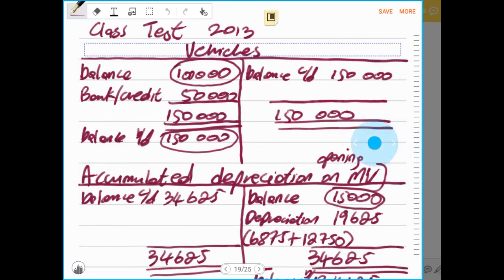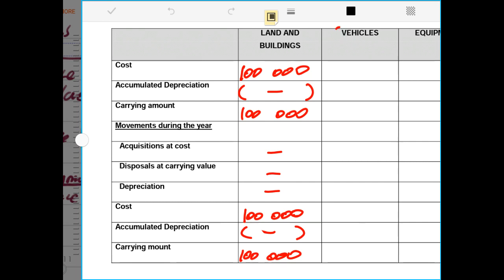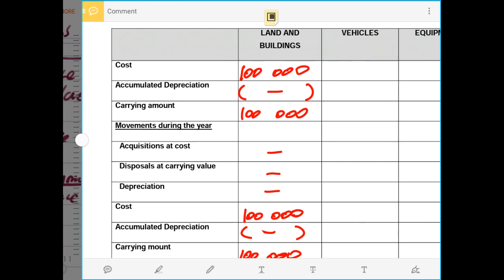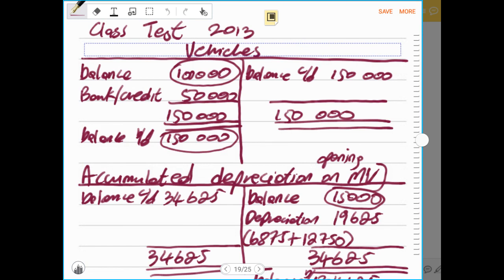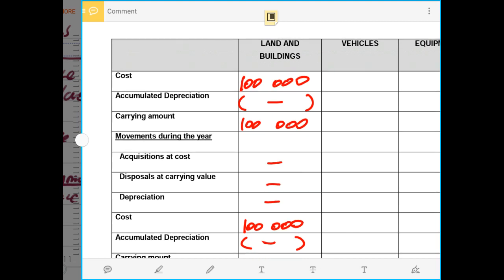this is where we are. I will be just linking the two. I have shown you that our vehicle's opening balance is an amount of 100,000 rands. We are in the column now for vehicles. This is where we are. Remember, don't be lost. We are doing the vehicle side. So now I will just be doing this through the workings that I've done, and I've recorded the opening balance for my vehicles to be an amount of 100,000 rands, as you can see. So now that was an opening balance, and it must still remain the same opening balance in the note. So now we record that as